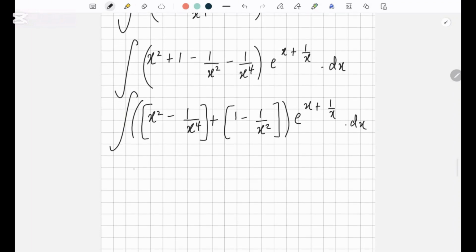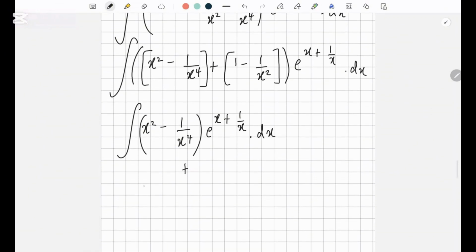So now I'm going to write the integration of x squared minus 1 over x to the power 4 into e to the power x plus 1 over x dot dx, plus the integration of 1 minus 1 over x squared into e to the power x plus 1 over x